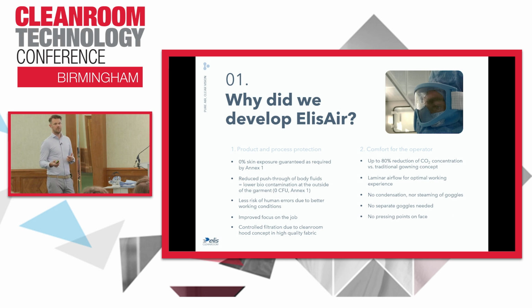No pressing points on the face, because in some environments you need to be there quite a long time. You need to finish off the batch. I've heard of some clean room environments where they need to be in there for 5 or 6 hours, wearing these goggles, trying to fixate them very firmly to their head, and then they have these pressing points on the forehead and actually get blisters on their head, which is an issue. And personal glasses will not always fit, because with modern models becoming bigger and bigger, these goggles or separate glasses will not fit